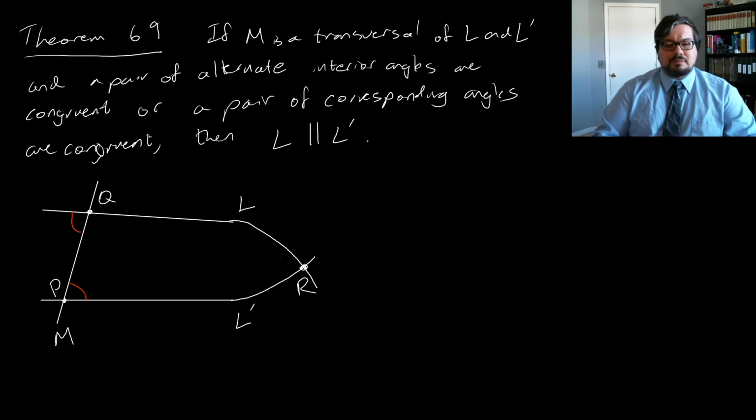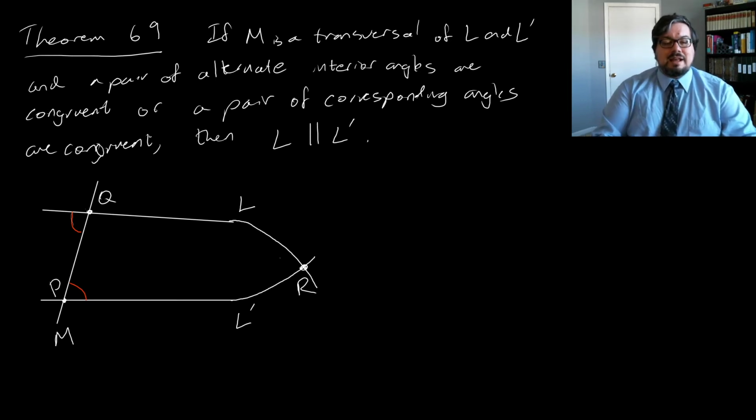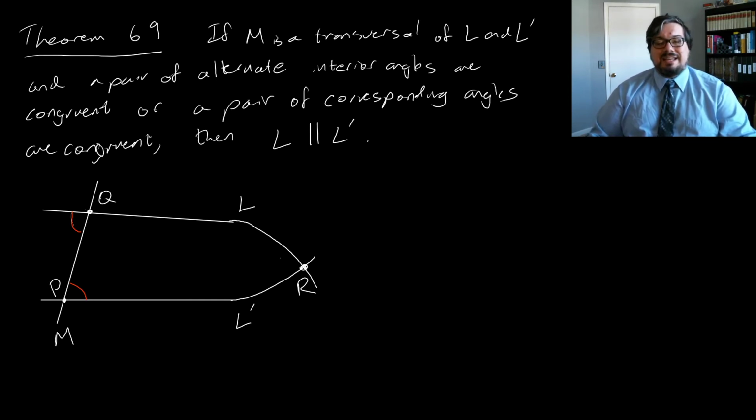PQR is a triangle. And once we recognize PQR as a triangle, then the two red angles have a relationship. The red angle at Q is an exterior angle to the triangle PQR, and the red angle at P is a remote interior angle of the red angle at Q. And therefore, we have a theorem on exterior angles, it might even be called the exterior angle theorem,